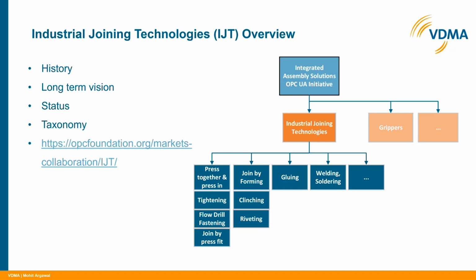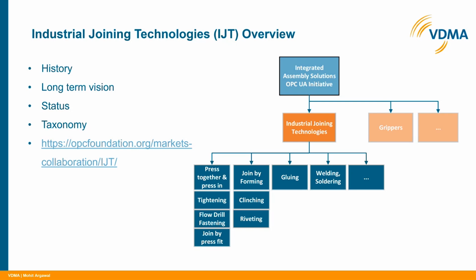But in 2018 and 2019 timeframe, we received requests on whether we have a companion specification for tightening systems. So we collaborated with OPC Foundation and VDMA, multiple organizations together, and figured, okay, there are no companion information models for tightening systems. So we met for the first time in May 2019,